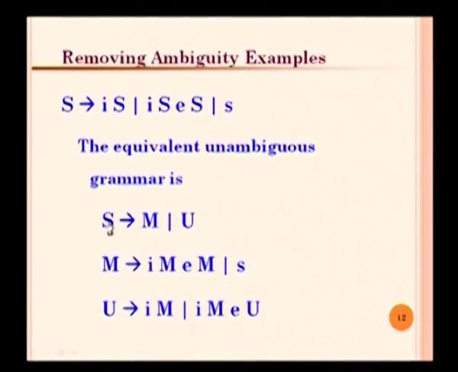So, the rewritten rule is available here. We have S, which can be either a matched statement or an unmatched statement. A matched statement is the one with the if-then construct as well as the else construct, and the very important point here is that both the statement components should in turn be matched. If they are unmatched, the total statement will become unmatched. So, there is a need for only matched statements here: M here as well as M here. And if the statement is anything other than an if statement, that is also considered a matched statement, because in that kind of statement we do not have a then component or an else component,